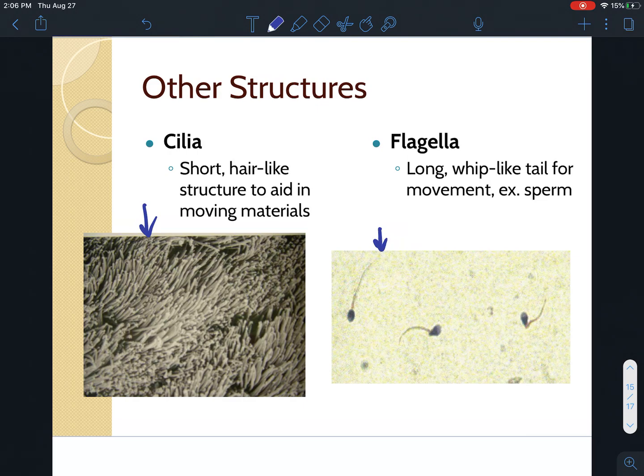Okay, so that is your plasma membrane in a nutshell, including junctions and some specialized parts. Let me know if you have any